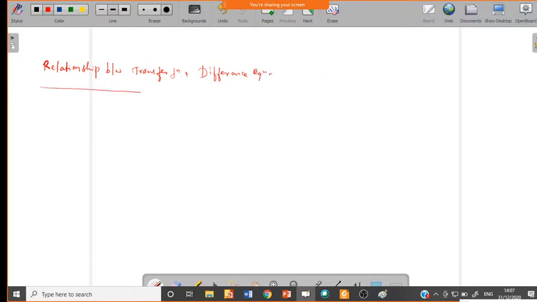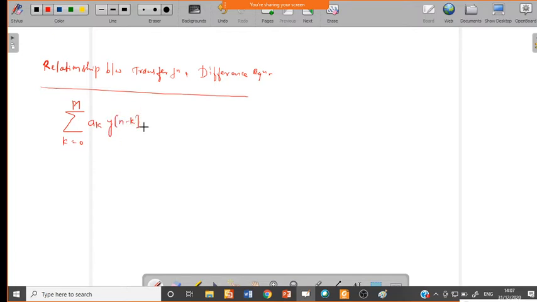Okay, so we have already studied how to represent the difference equation. There are output values, equated to the input values, in the difference equation form, something like y of n minus 2 plus y of n minus 1 equal to x of n, right? So in the general form we know how to represent the difference equation: summation k equal to 0 to n, ak into y of n minus k.